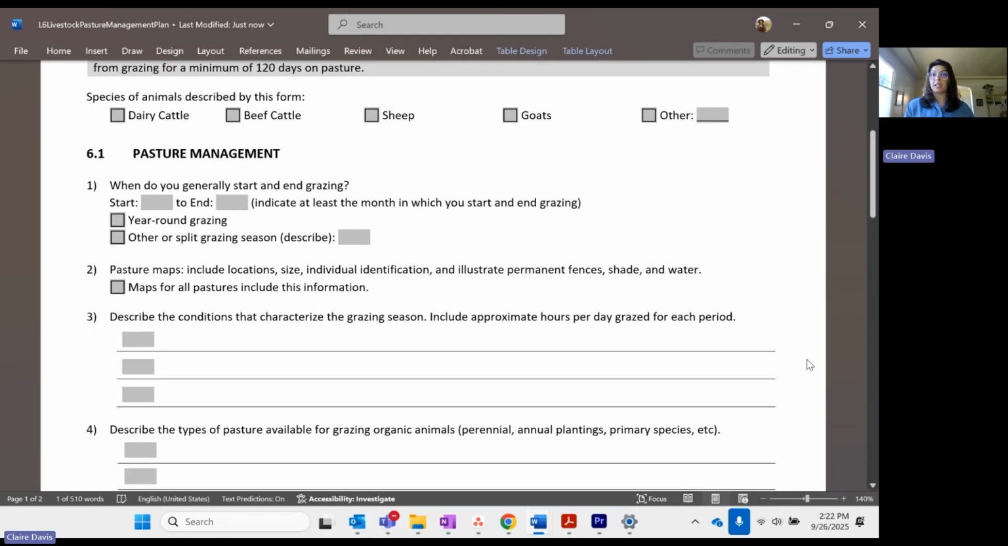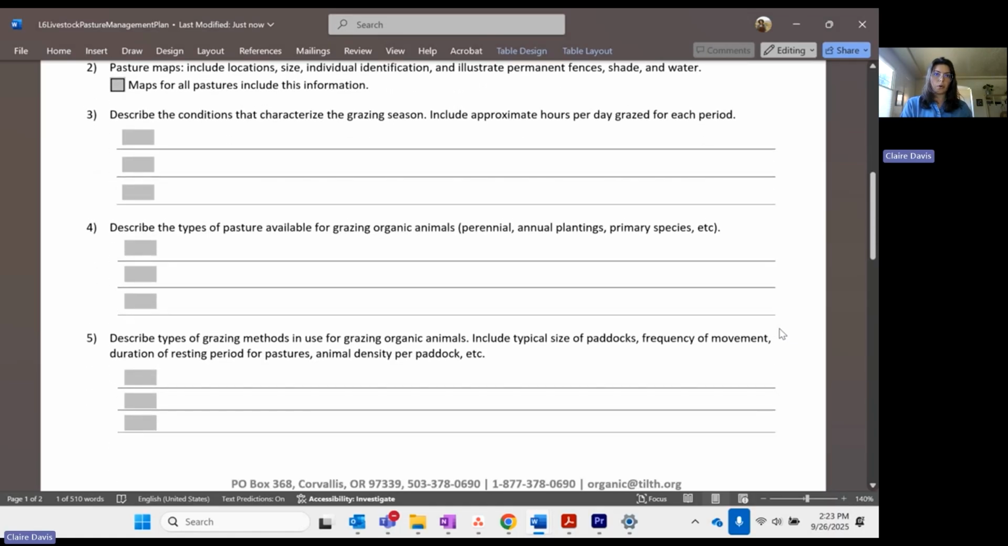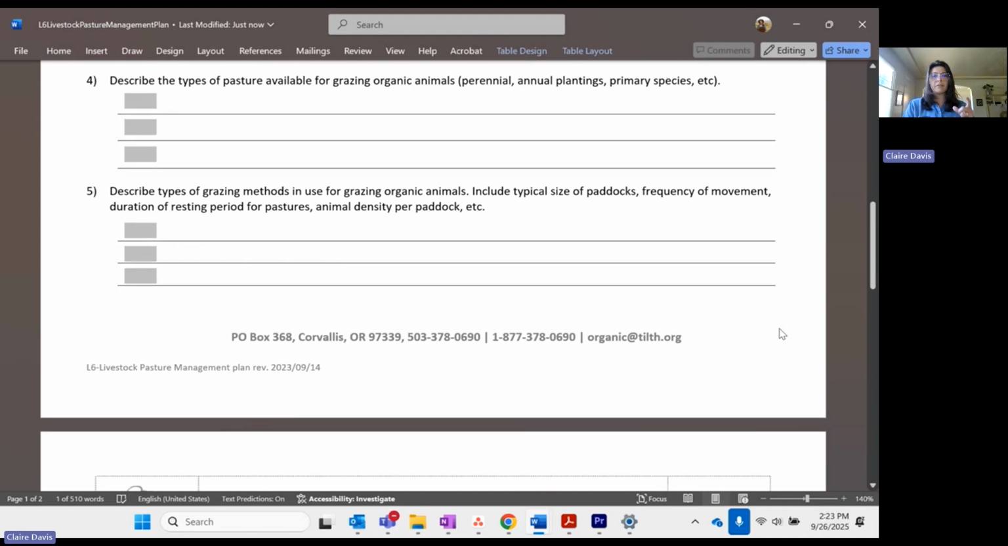Let us know when you generally begin and end your grazing season each year, or if you have year-round grazing. And then for number 2, pasture maps, we want locations, size, individual ID of fields and paddocks, any permanent features like fencing and structures, and then finally call-outs for shade and water. We ask a couple more details about your grazing conditions and the types of pasture available. And then number 5, for grazing methods. Again, let us know the size of the paddocks, the density of animals per paddock,